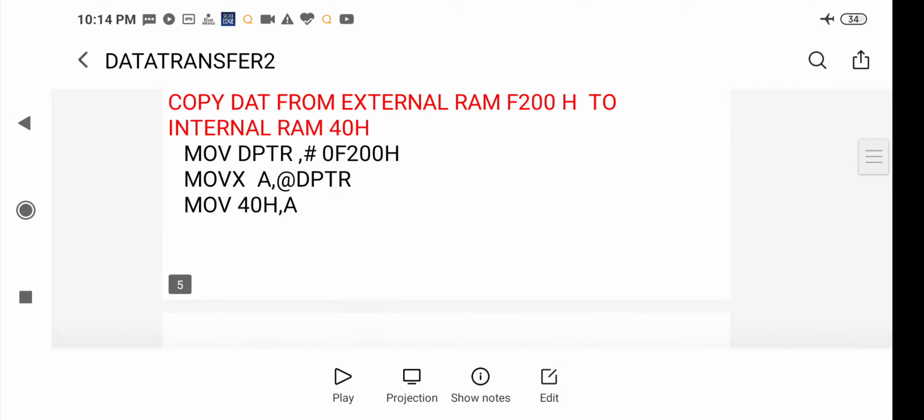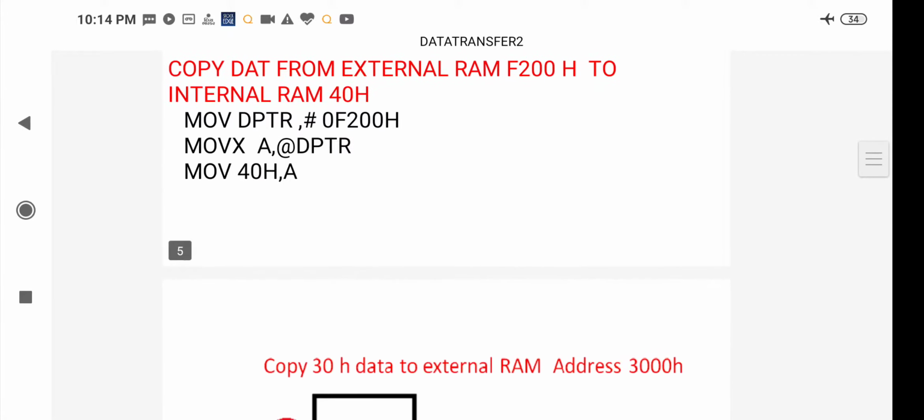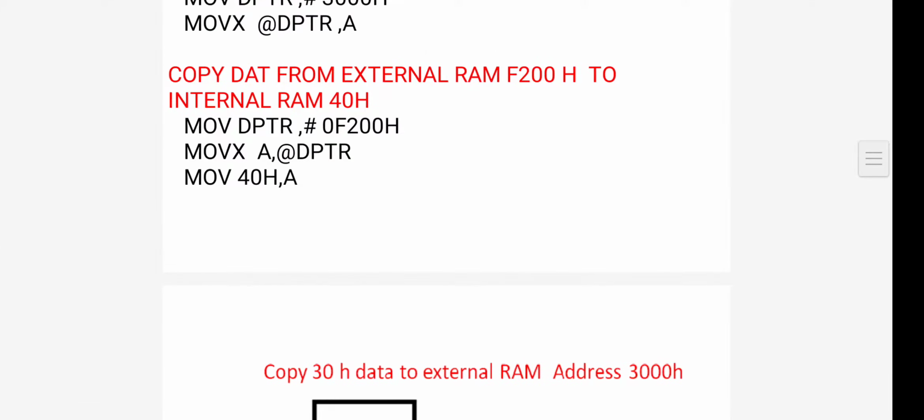So let us go to the next example. You have the same example. Copy data from external RAM F200H to the internal RAM 40H. Copy data, not date, data. This is the same example, but what is the difference? The address is F200 and it is a 16-bit address.